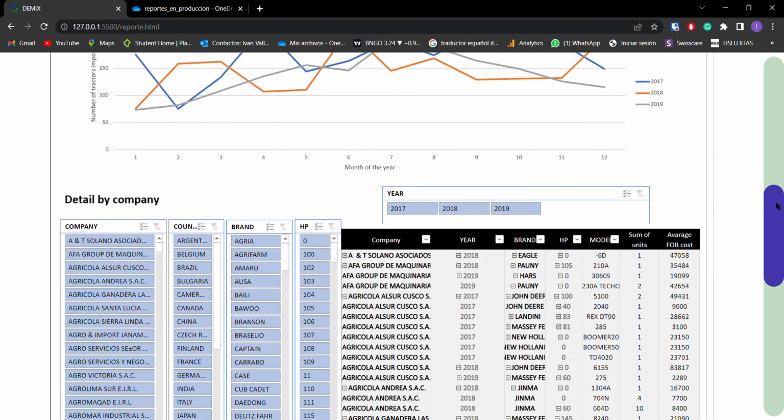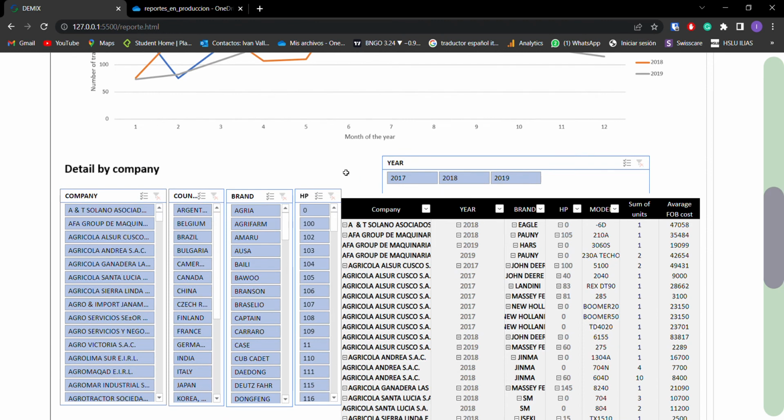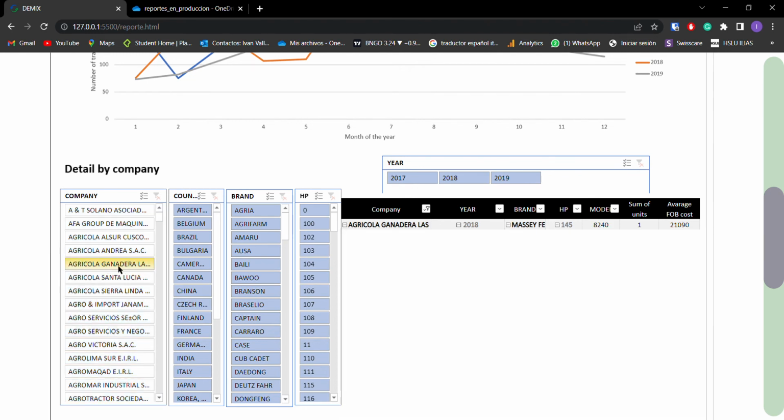So finally, we have the detailed analysis for each of the companies. In this analysis, we can see the model of the tractors that they have imported, how many of them they have imported, and the average FOB cost. So for example, let's see this company, Agrícola Ganadera,